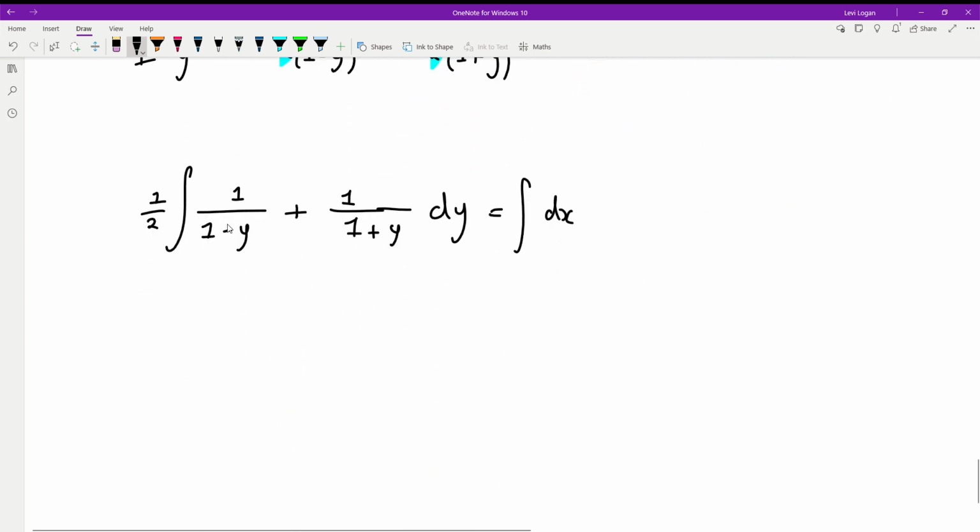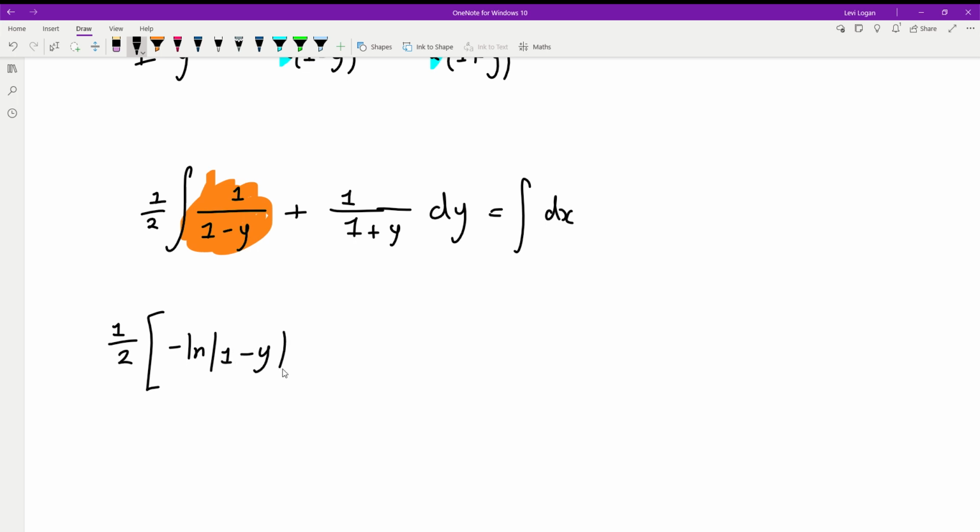So these sides here, we know they're all going to be natural logs. So a half. If I integrate this expression, I need to divide by its inner differential. So 1 minus y, if you differentiate that, you get negative 1. So this first expression here will be negative 1, natural log of the absolute value of 1 minus y, plus